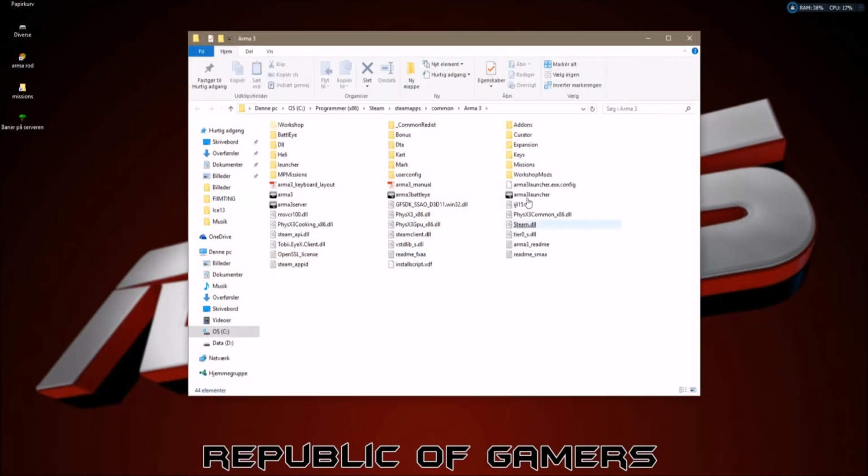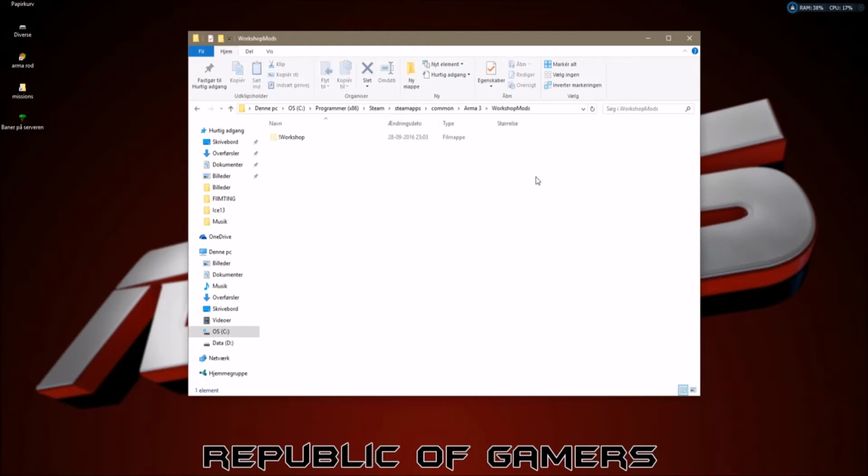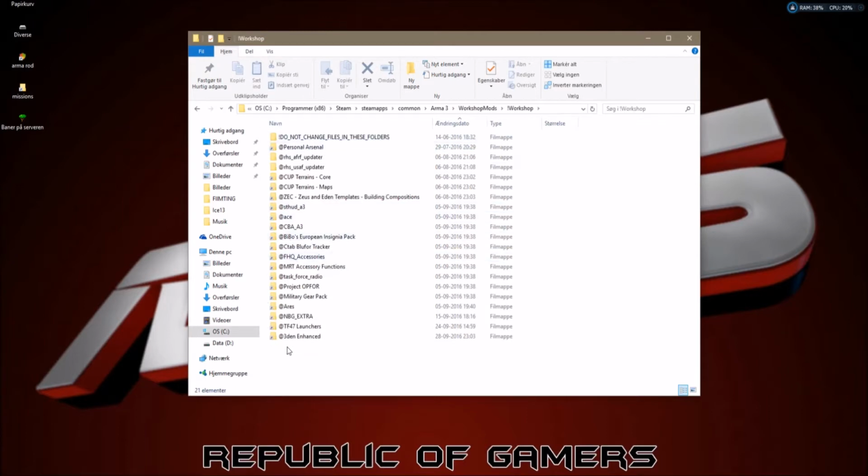To find it, I have a shortcut here for my Arma: This PC, C drive, Programs, Steam apps, Common, and Arma 3. Here's all the stuff from Arma, the multiplayer missions, the single player missions you make, and here are the workshop mods. Click on that one and this one, and then you have the mods here. This is our mod folder with the mods we are using right now. We have a lot of mods, as a lot of other people also have. We have an NBG extra map with special stuff we made for ourselves. I won't get into this in this video, but the stuff I want you to be aware of here is